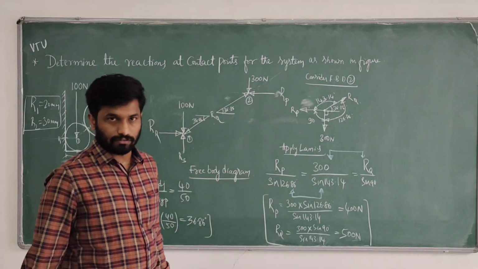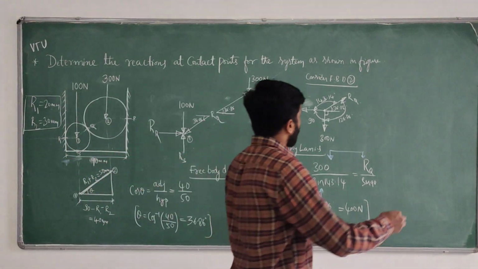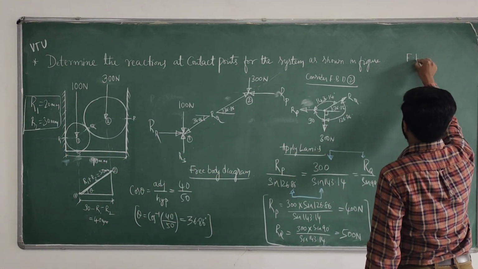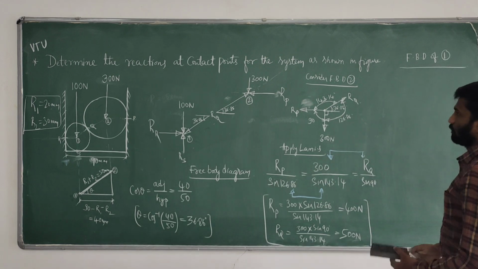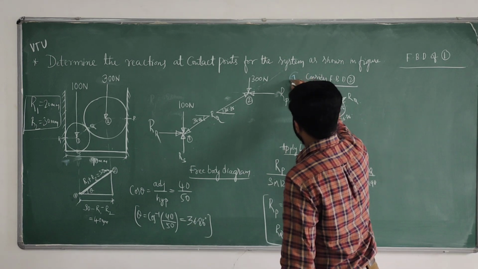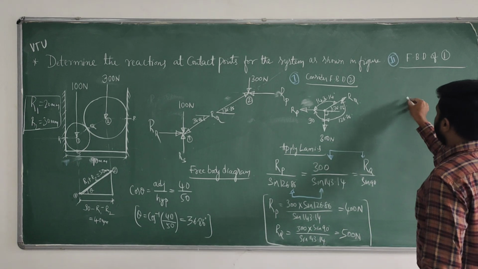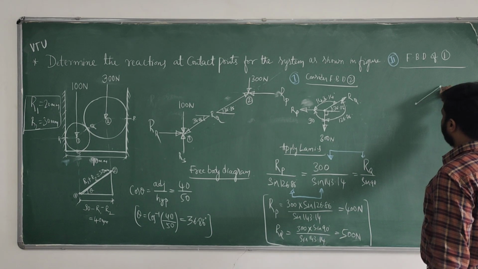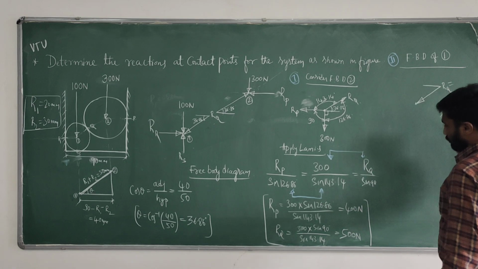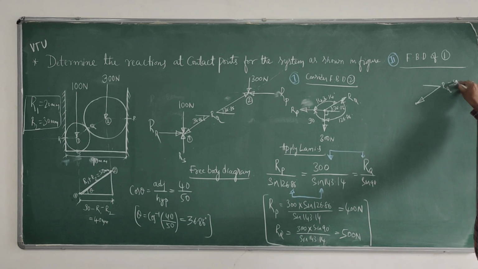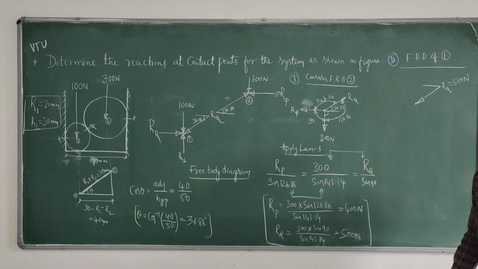So RQ is over. Next, consider the free body diagram of 1. So this is the first part, and this is the second part. When you are considering the free body diagram of 1, write it separately. RQ is there. What is the RQ value? 500 Newton, as determined when we considered free body diagram 2.